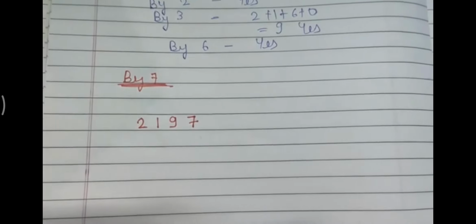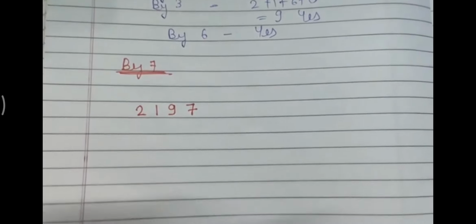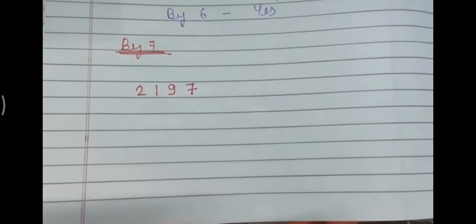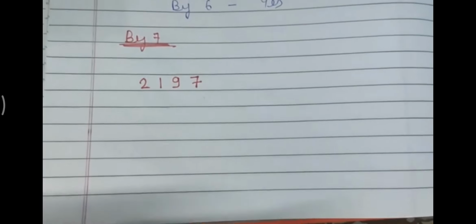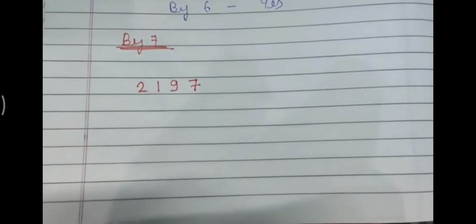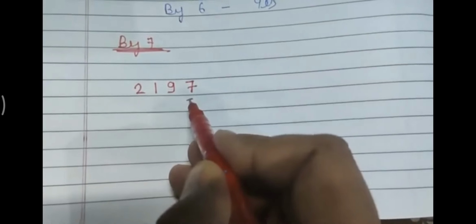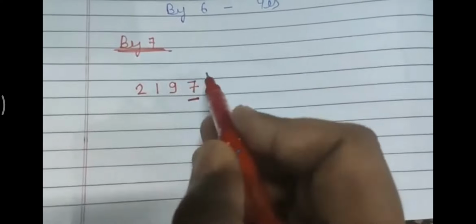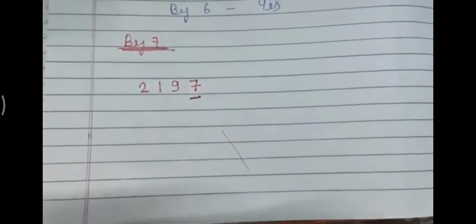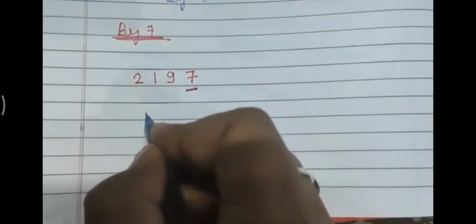Now this is an example. I have taken a number 2197. First of all, the last digit, here you can see, is 7. अब 7 का हम करेंगे डबल, और बची हुई डिजिट क्या है, 219। तो सबसे पहले हम 7 का डबल करेंगे